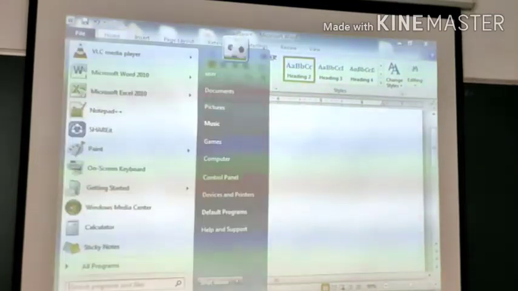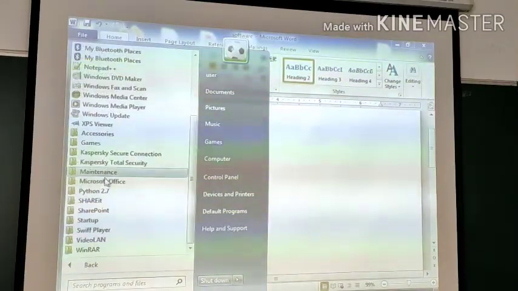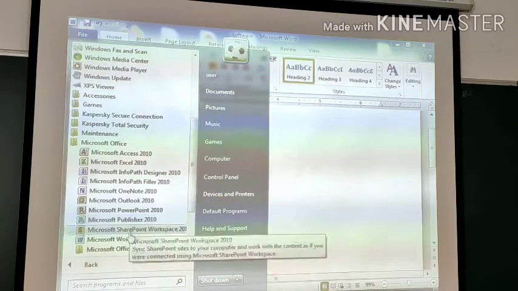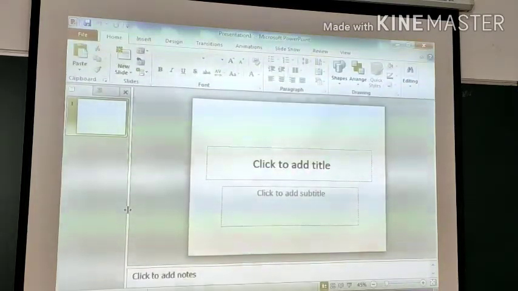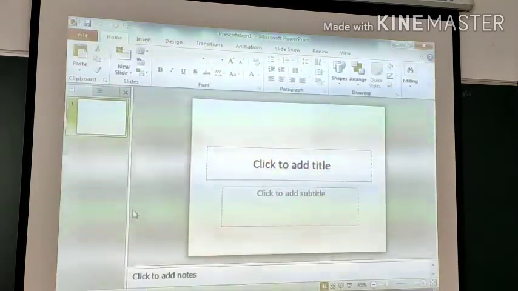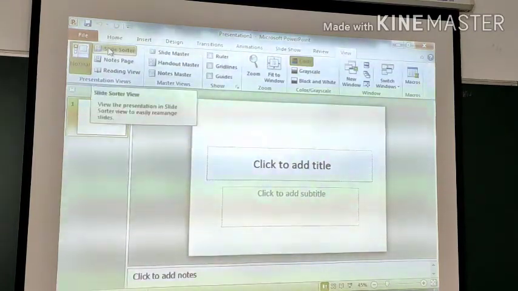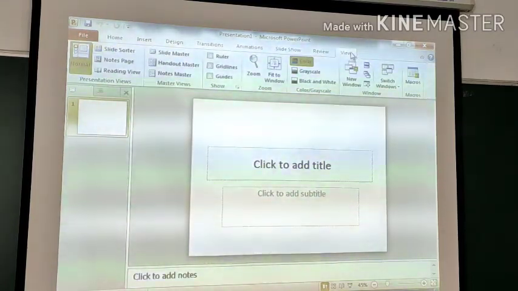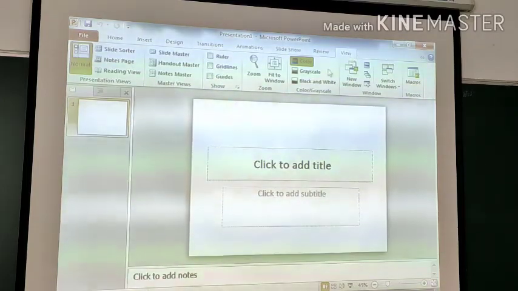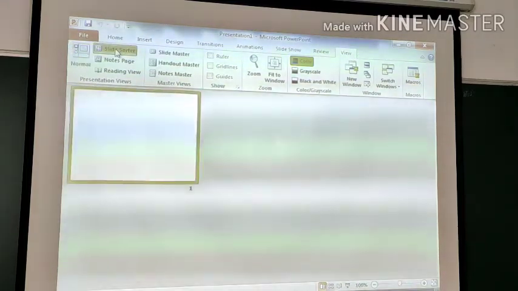Now second, open the PowerPoint and click on the View option. Go to the Slide Sorter view. Open the PowerPoint, go to the View option, then click on Slide Sorter view.